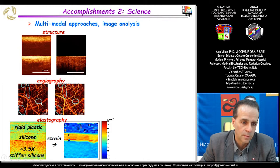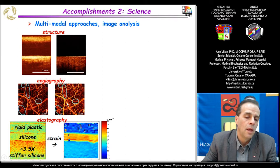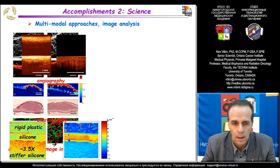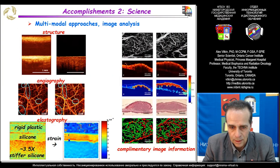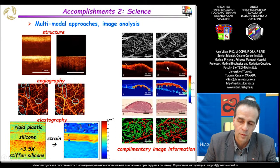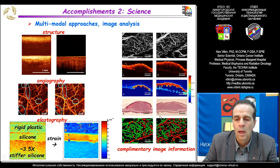You can see in some of the blue circles on the right how much better it is compared to the left. And the last part, which is the biomechanical properties of tissues, the tissue elastography. And then this multimodality holistic picture allows us to look at things like microstructural information, combined with microvascular information, some additional image analysis, validation with histology, and for example, enables us to separate tumor vasculature from normal vasculature,